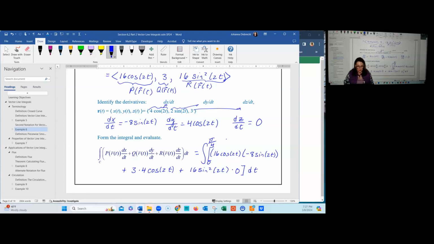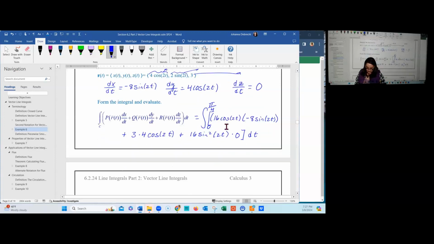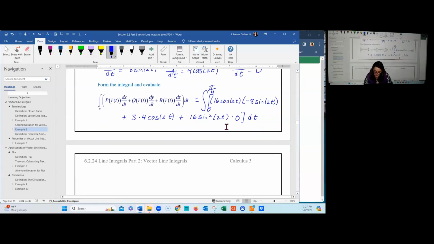Let's go ahead and represent this in its final form. This is going to give us the integral from 0 to pi over 4 of 16 times negative 8? 128. Negative 128 cosine of 2t sine of 2t